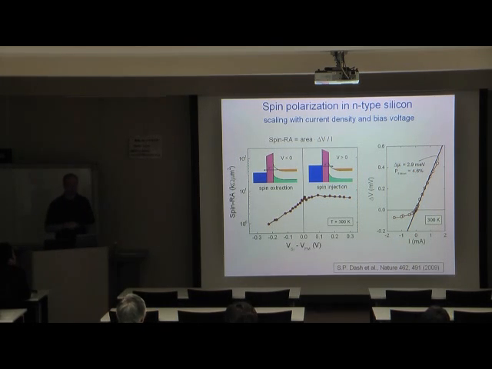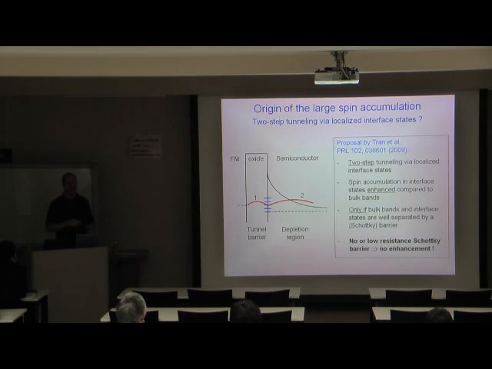One thing I should point out is that this is a nice feature that the spin accumulation scales with the current density. The values that we obtain at the moment is about 3 millielectron volt, and I should note that these type of values are at least 2 or 3 orders of magnitude larger than what you would expect on the basis of the standard theory that is available for these devices. We realized this when we did these experiments, and we also realized that there is a proposal from Tran and Hal in this paper which can lead to an enhancement of the spin accumulation that you measure in such structures.